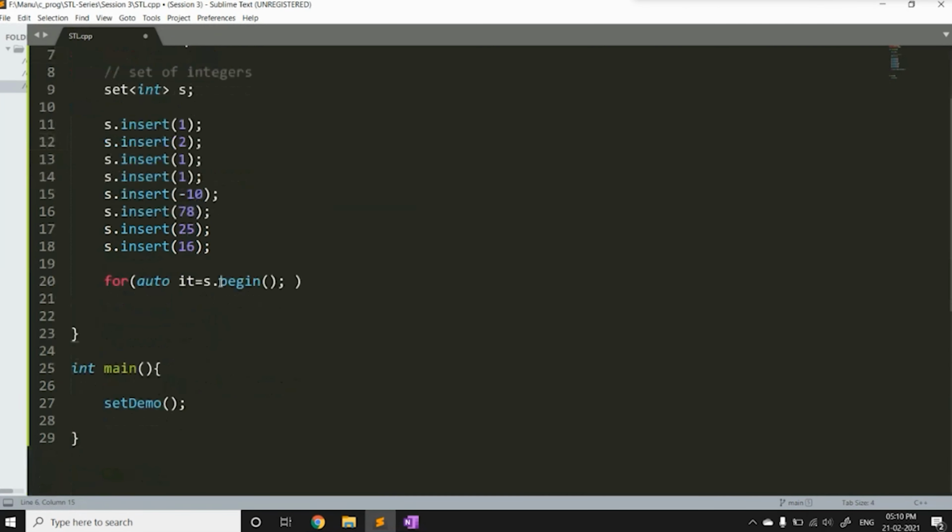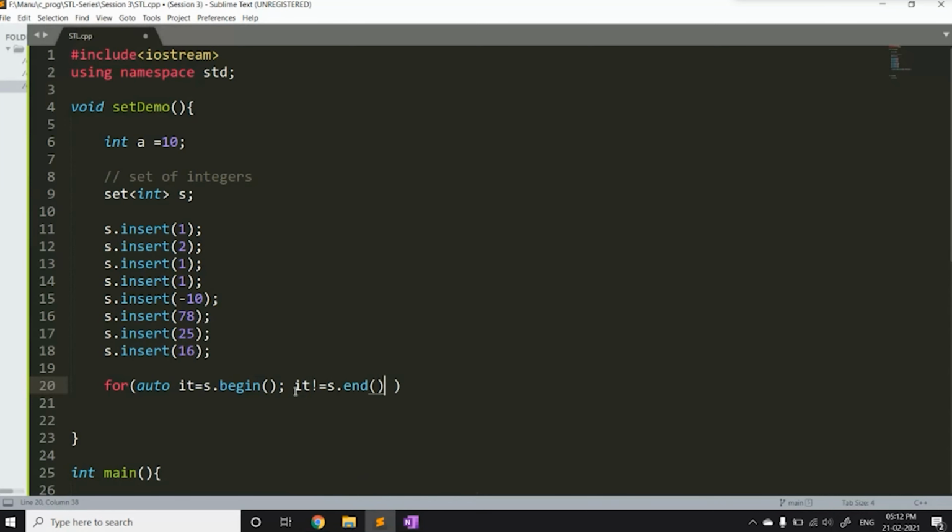Continuing with our implementation, our iterator is currently pointing to the first location of the set, and what we want is for our iterator to loop through the elements. So we will loop through the elements until our iterator reaches the end of the set. So write: iterator should not be equal to s.end() and iterator++.